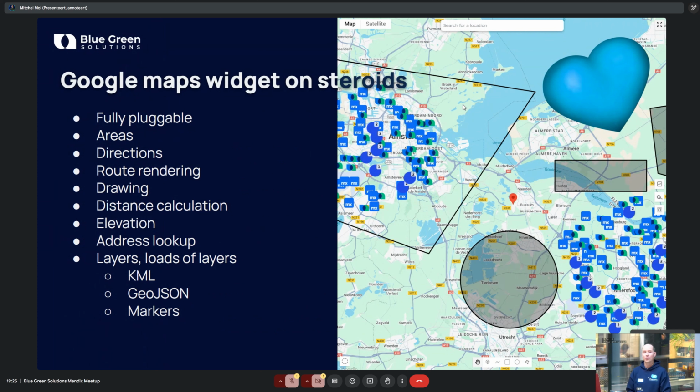And loads of layers. Everything you see here, except for the heart, because I couldn't shape it nicely in a GeoJSON, is a layer. Whether it's the shapes that you see here in KML or GeoJSON form, or the markers, everything is a layer, either from the database or from a file directly.